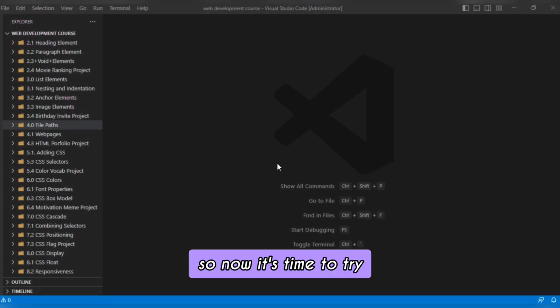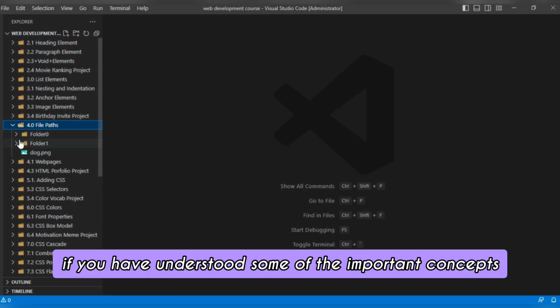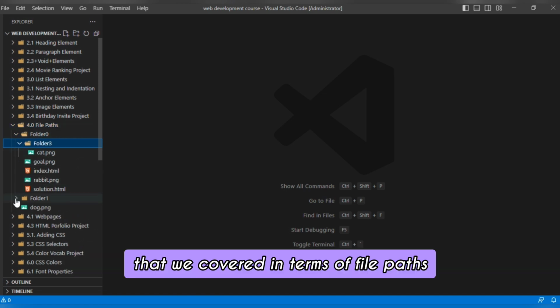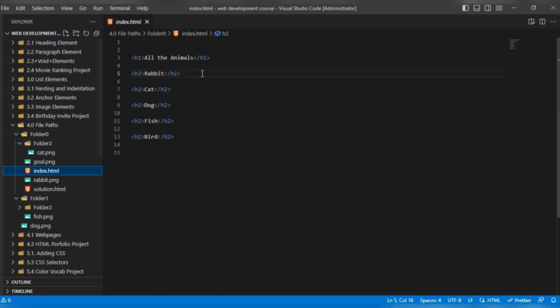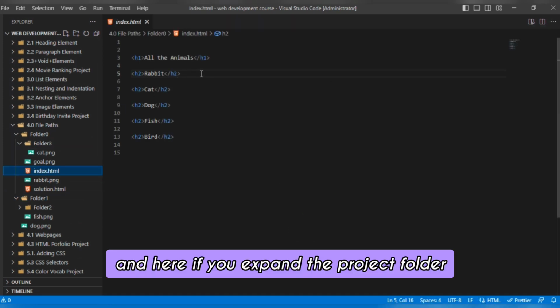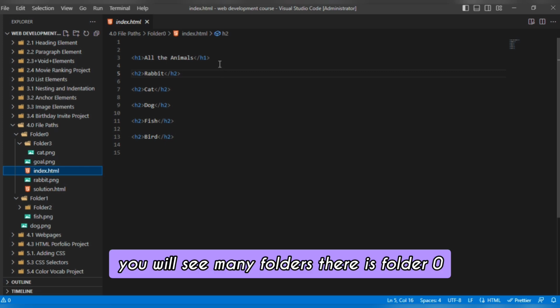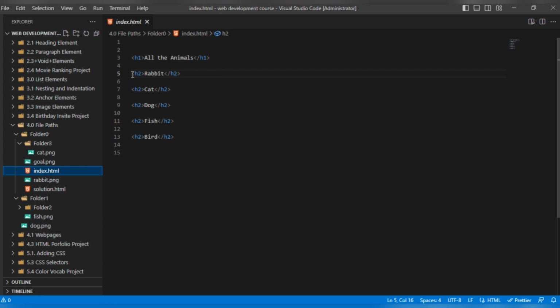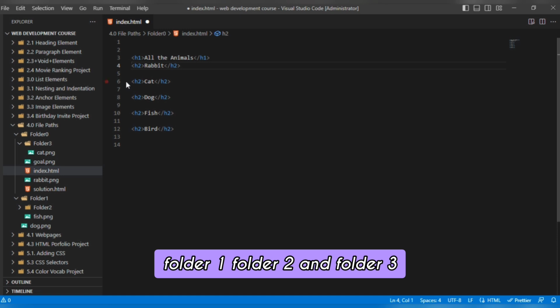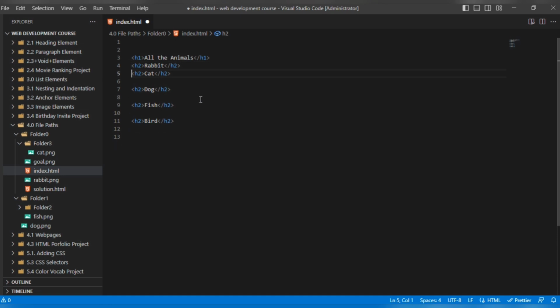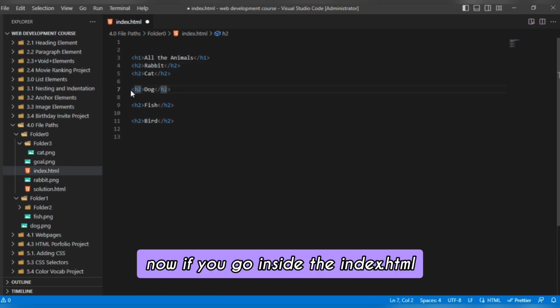So now it's time to try an exercise and see if you have understood some of the important concepts that we covered in terms of file paths. And here, if you expand the project folder, you will see many folders. There is folder 0, folder 1, folder 2, and folder 3. Now, if you go inside the